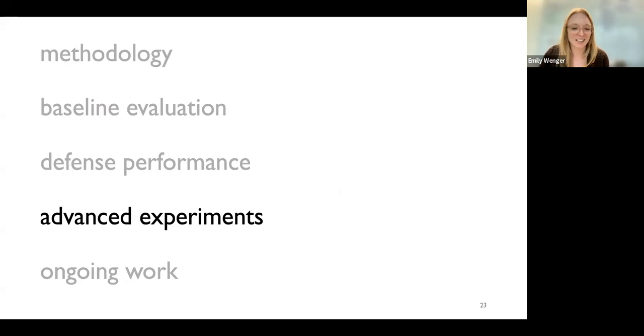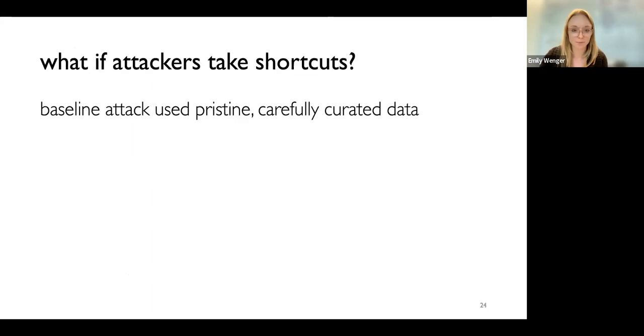All right. Then I wanted to talk about some advanced experiments that we did, understanding how and if this threat model can be pushed even further towards realism, because there's still a lot of latent assumptions in what we're doing right now. Basically, I wanted to know, what if these backdoor attackers take shortcuts?